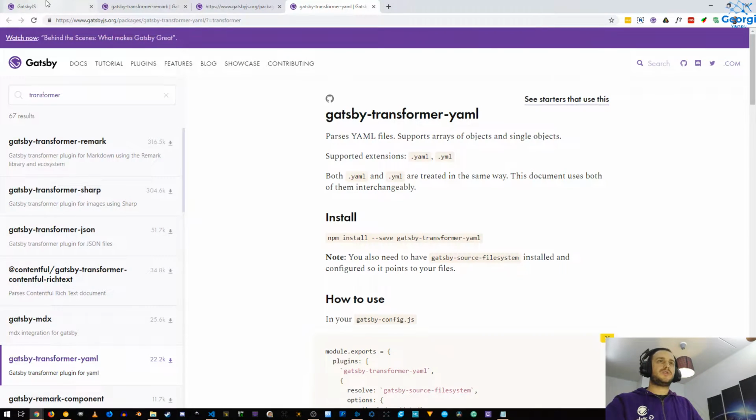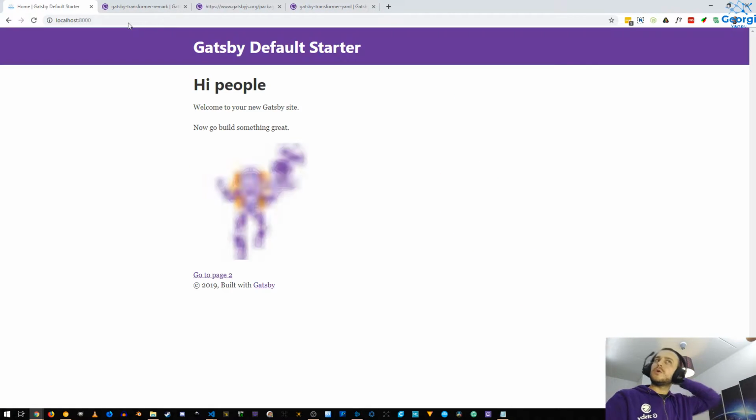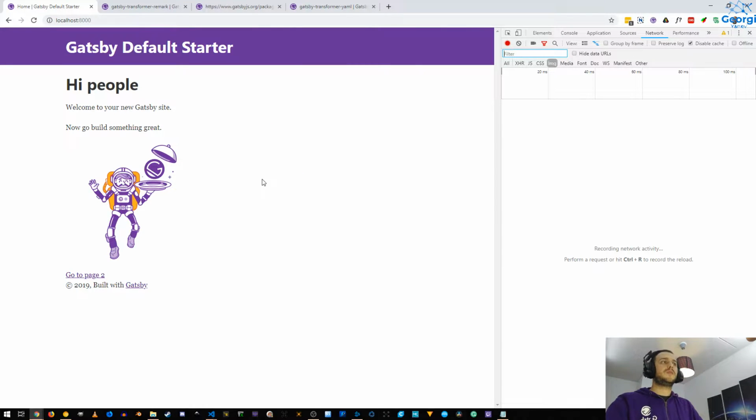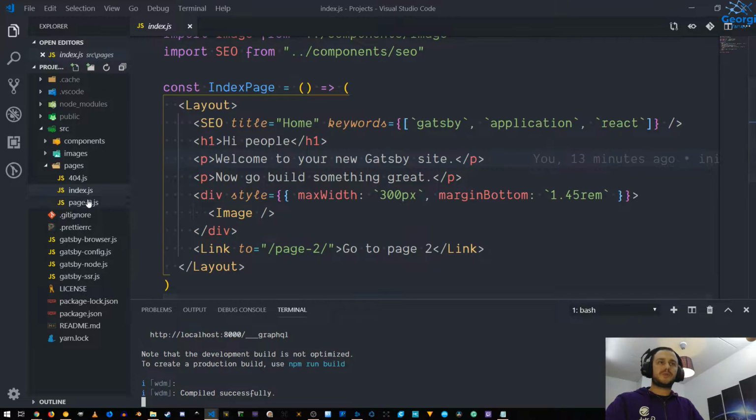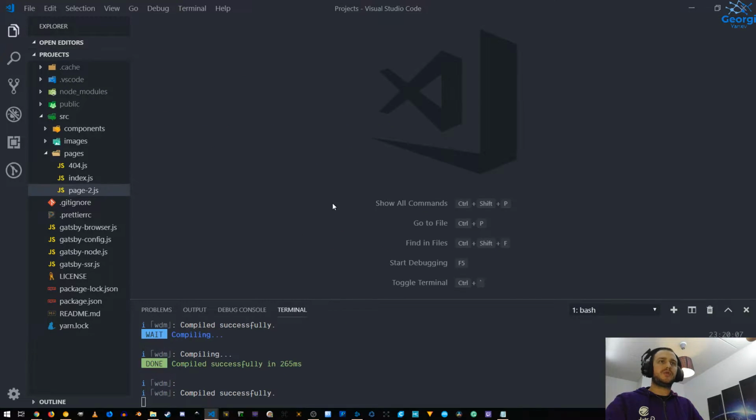So our project is now running here, localhost 8000, there we are. That's the default starter, and we have a couple of pages. I'm actually even going to delete that page. And Visual Studio Code has a nice plugin this release that doesn't update the file tree. Either way,